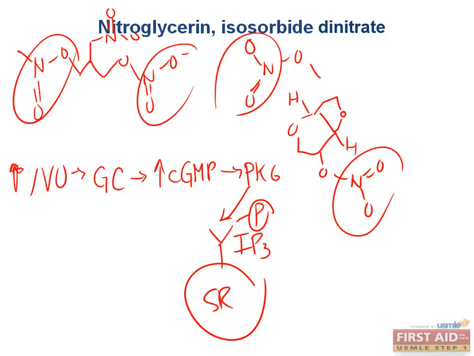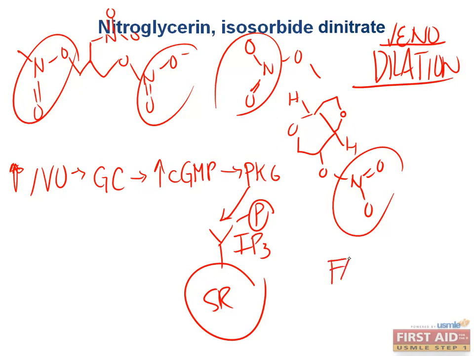What's important to know about nitroglycerin and isosorbide dinitrate or nitrate is that they mostly affect venodilation. So as opposed to the other ones, hydralazine was purely precapillary arterioles. The nitroprusside and fenoldopam caused a pretty wide systemic arteriolar and venodilation. The nitroglycerin and isosorbide dinitrate or nitrate cause purely venodilation compared to the other ones. There is a little bit of arteriolar vasodilation, particularly in the distribution of the facial and meningeal arterioles, and that